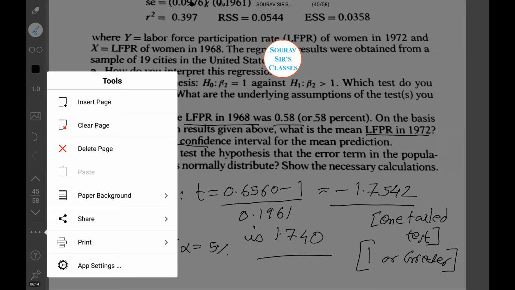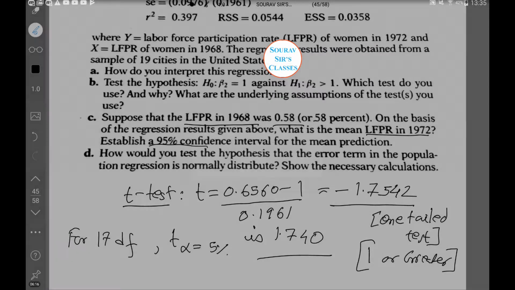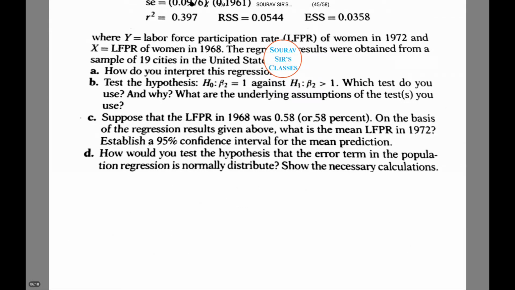Let me clear the screen so that you can see the question. The mean LFPR is 0.2033 plus 0.6560 into 0.58, which